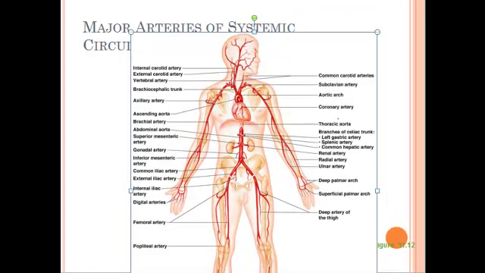Off of the aorta, we have some blood vessels that are branching off. A couple are going to go straight up to the brain, and those, of course, are very important. The carotid artery. We'll see the carotid arteries again here in just a minute. So we have the carotid arteries that are coming up to feed the brain. We also have the vertebral artery. And then we have the brachiocephalic trunk that is going to go to the different,